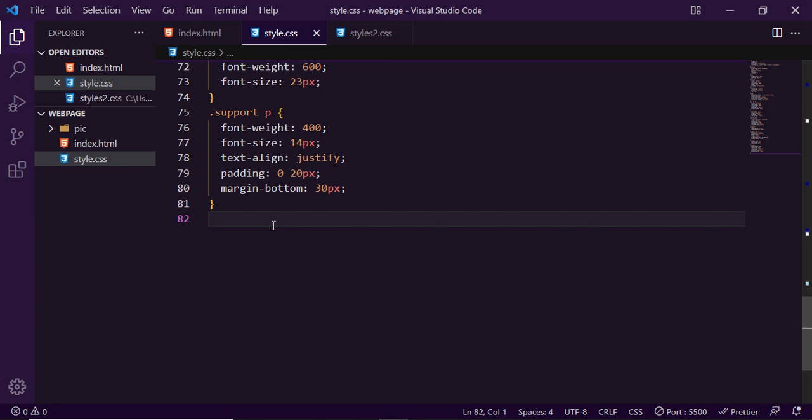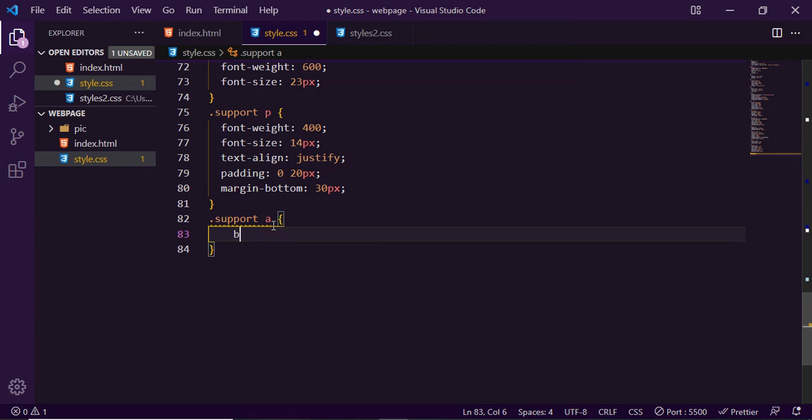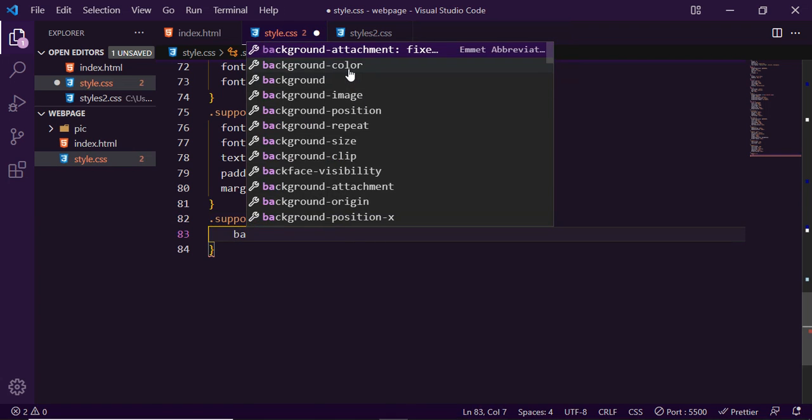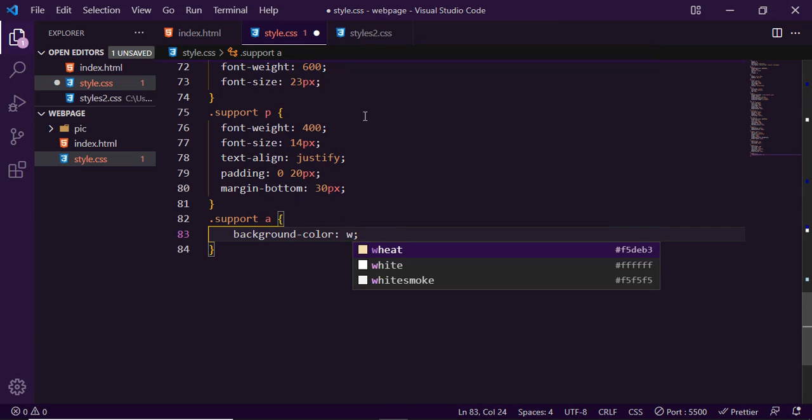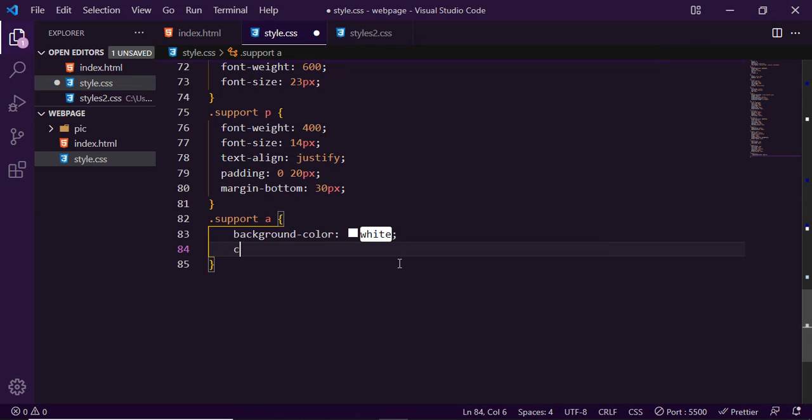So dot support, now the anchor tags, and give them a background color of white and the font color